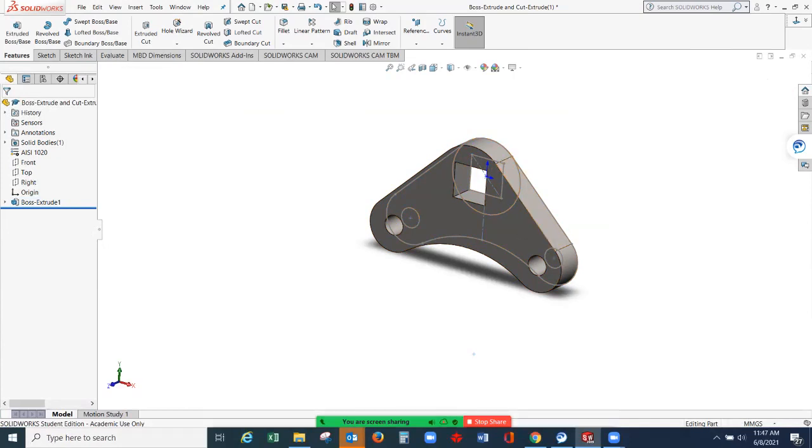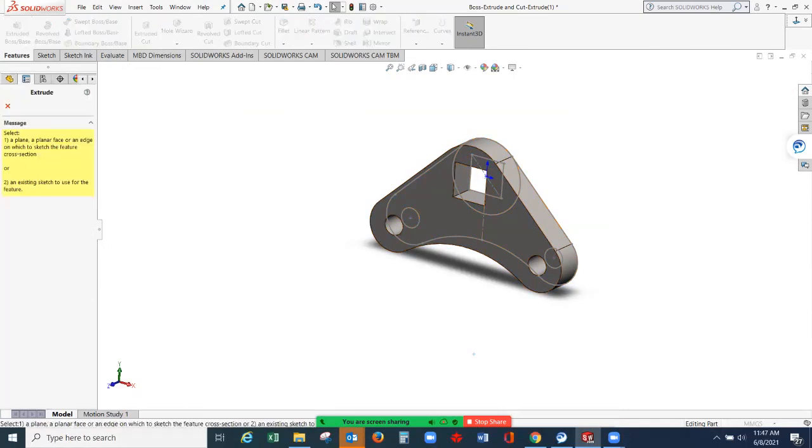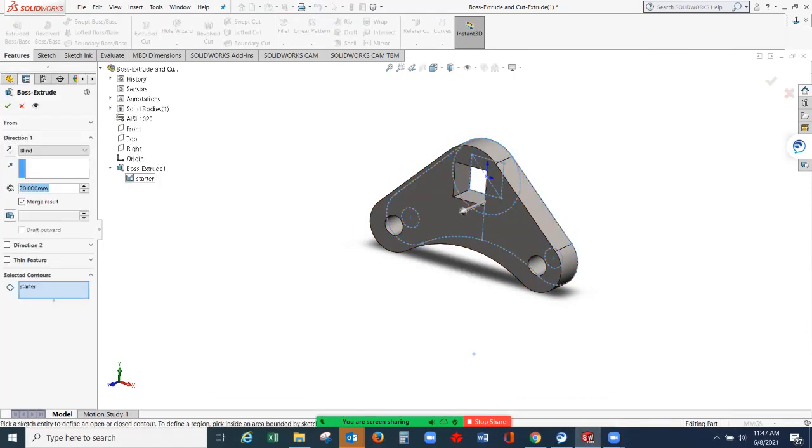Now, if I want to extrude another part of the drawing, for example this circle, again go to Extrude. Pull this arrow down, then Starter. So this is my base drawing. Now, I'll select a contour, I'll select inside the part.